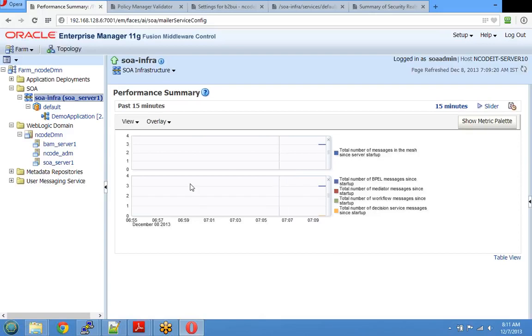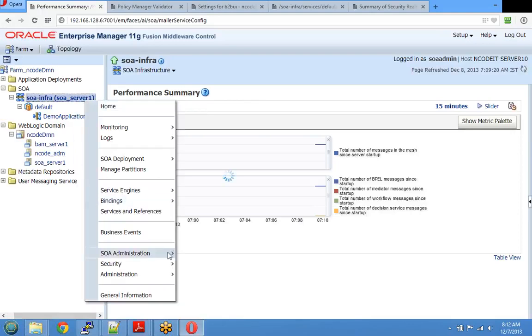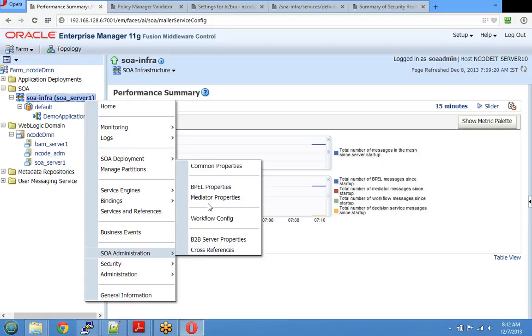We don't have any metrics here, so this graph is pretty empty because we don't have anything at all. That's why you see a small graph, but in a real environment you should see all types of messages, graphs going up and down. So if you see too many mediator requests, you increase the number of worker threads. So going back here,